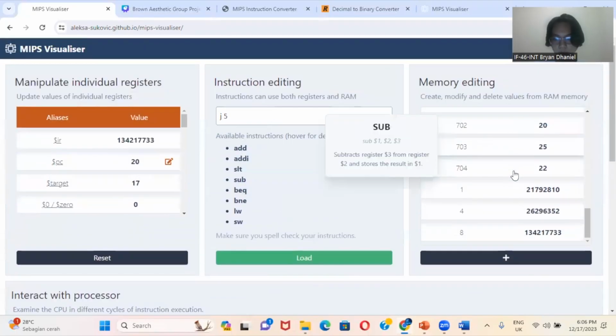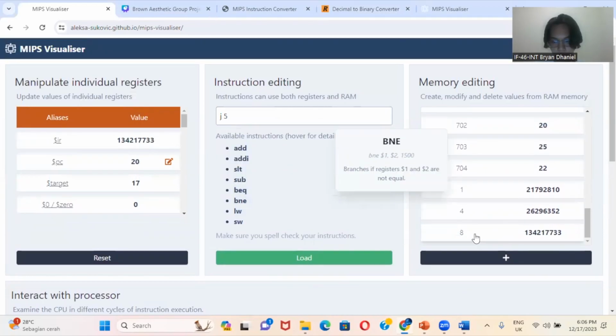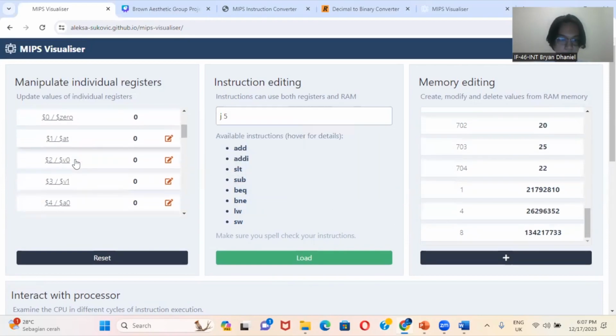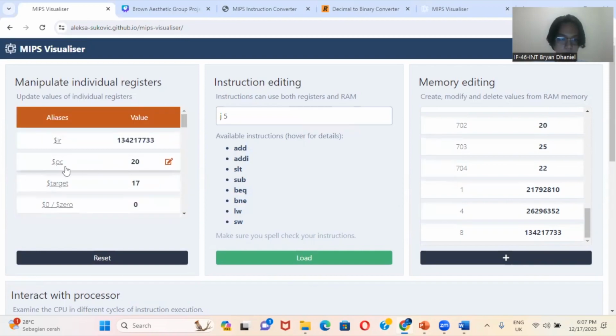And then after we do the jump instruction, we already got the new data memory is 8 and the value will be 13421773, and also the value will be changed. So the PC before that is 8, but now it will be 20.